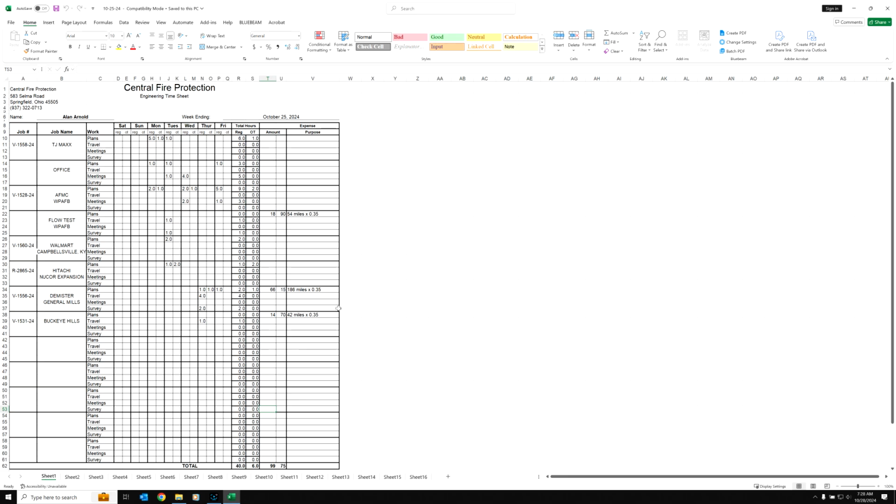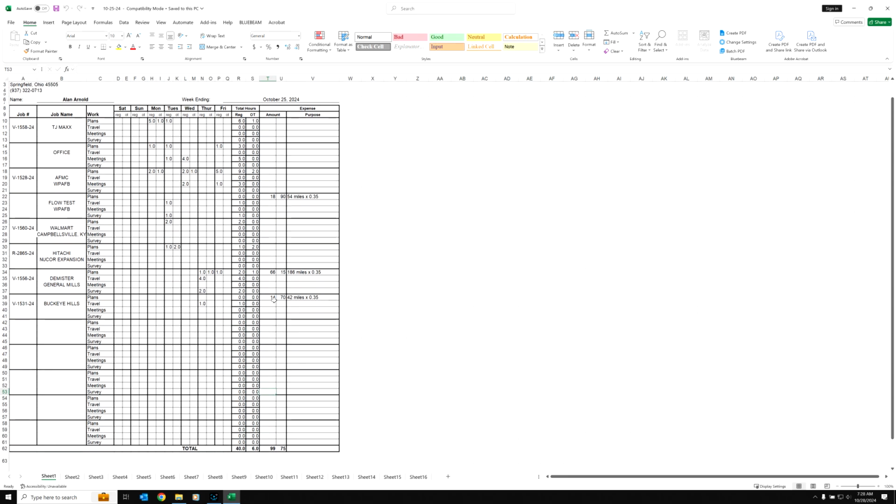A lot more travel on Thursday to get me down to General Mills. 186 miles charged to the one job at 35 cents. 42 miles, 35 cents on the other. And what you do is tally these and insert that total at the bottom of your page. So amount, purpose, amount. You'll also see that if I direct your attention at the 40 hours here, and I